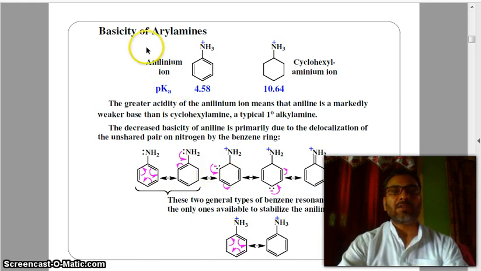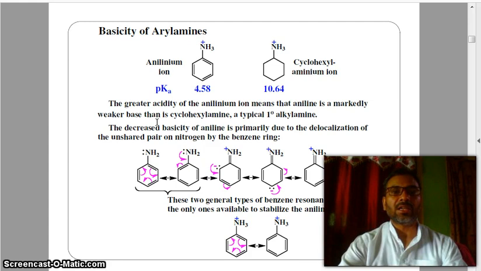So now I will talk about the basicity of phenylamines. You see the anilinium ion, and its pKa value is 5.58, and now this is the cyclohexylaminium ion and its pKa value is 10.64. You see the difference here is 4.5 and 10.6, almost double. The greater acidity of the anilinium ion means that aniline is a markedly weaker base than cyclohexylamine, a typical 1 degree alkyl amine. Now, friends, I am going to focus on how resonance